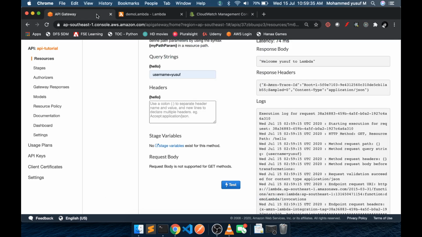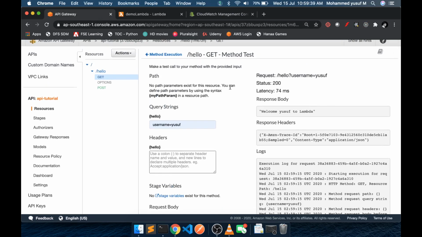Now you're trying to understand what we are trying to do, right? So API Gateway has the ability to manipulate the request and then provide the result or the inputs to the lambda function accordingly. Now we have seen username coming from query string, we are converting it into an event payload and sending it. But now assume I don't want to do this. I want to consume the username value directly in the lambda function. I don't want to do any manipulation. How do we do that? That's the second question.